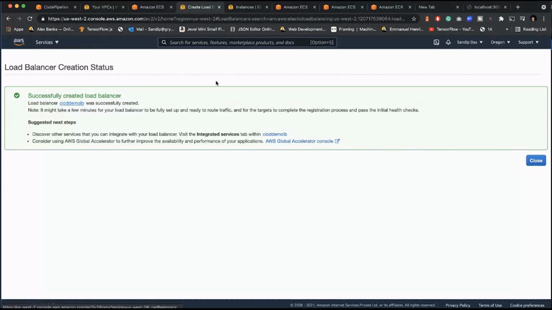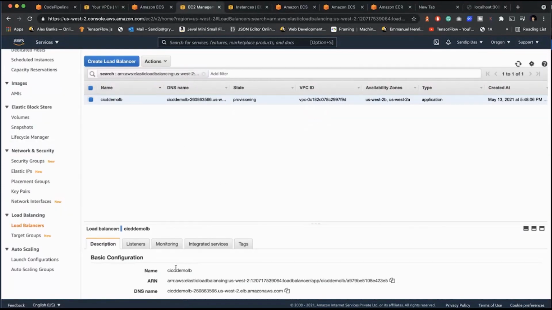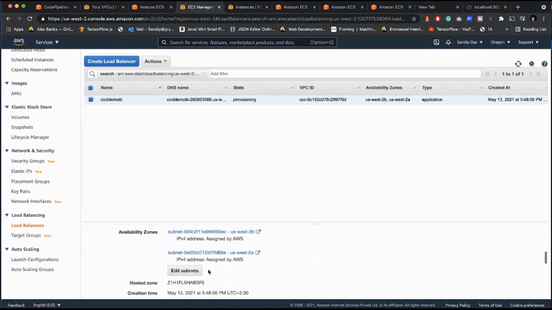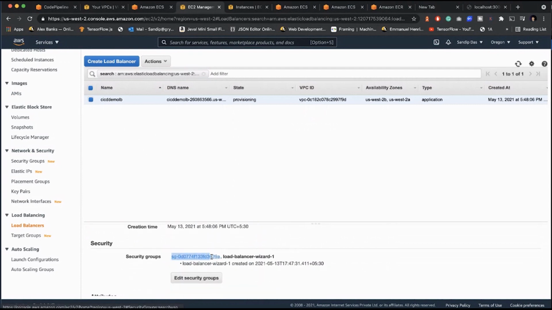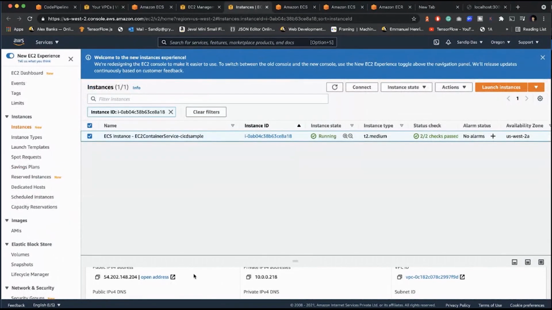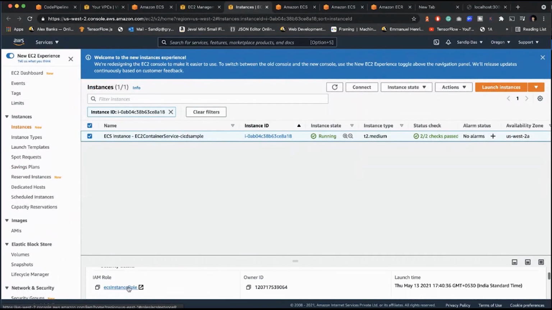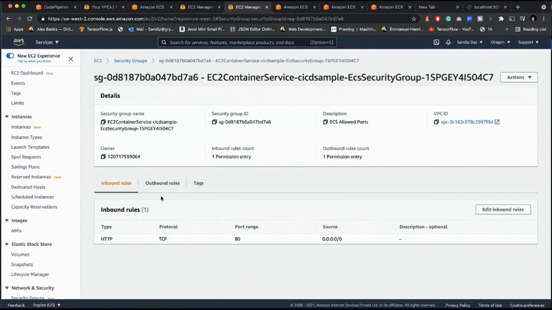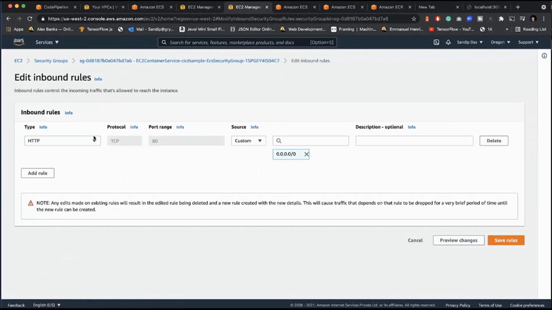Just go to the load balancer. You need one more additional step. Copy this load balancer's security group ID, that you'll find here, and make sure in the instance's security group, click on security, and this is the security group. Allow all the TCP traffic from this load balancer.